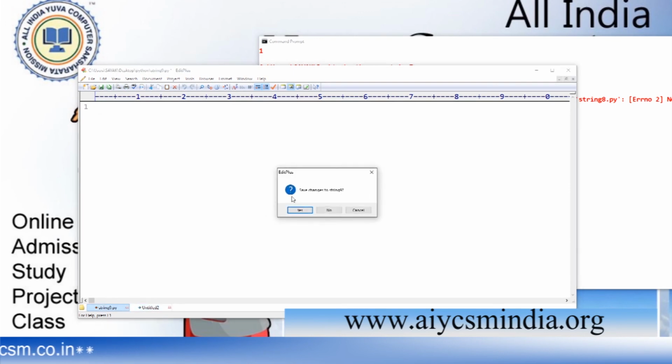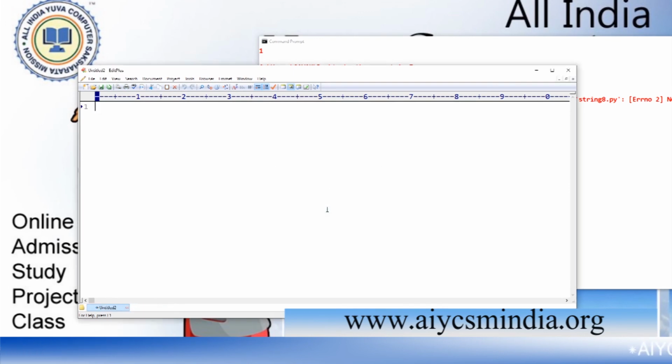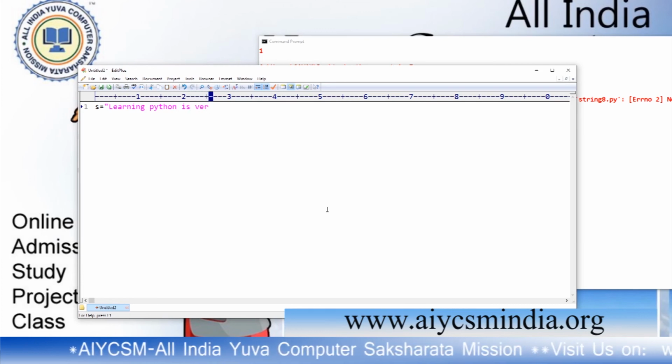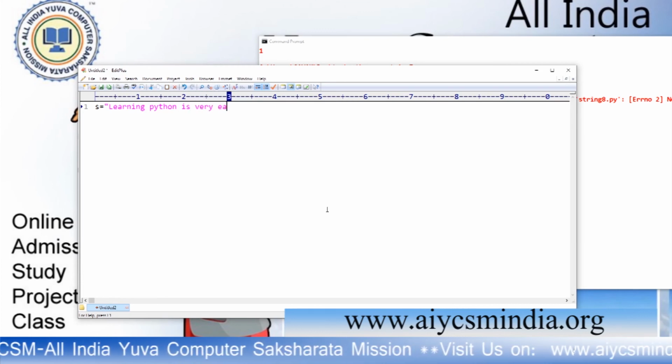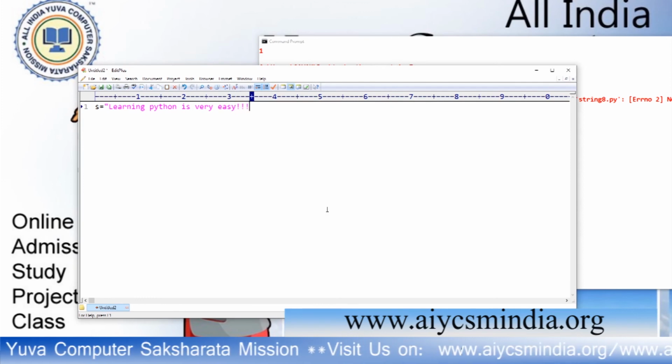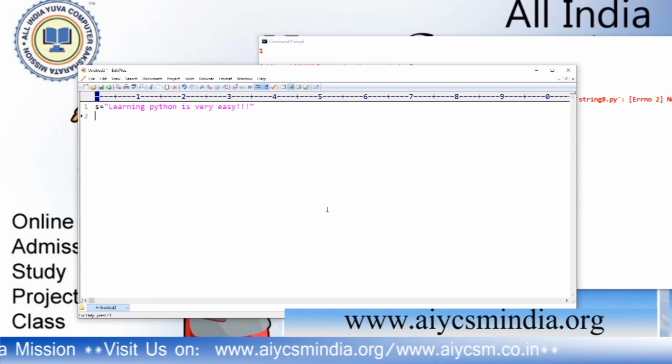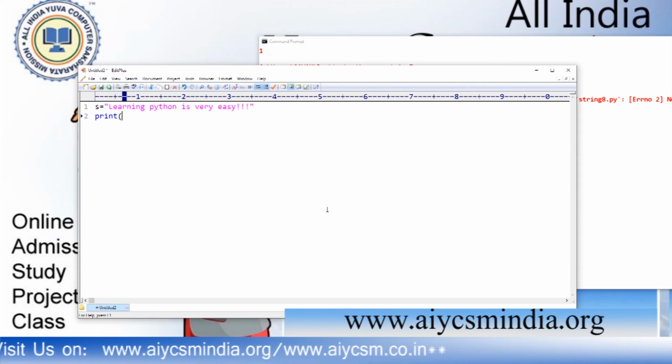Okay. Now s is equal to learning Python is very easy. Okay. Now print s dot upper.